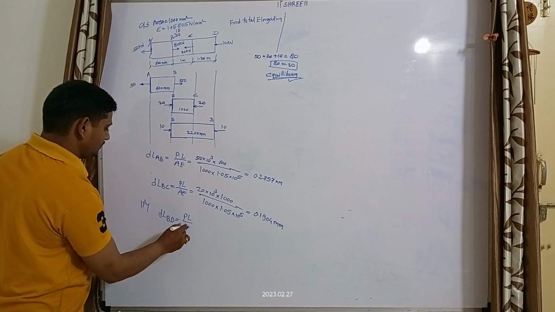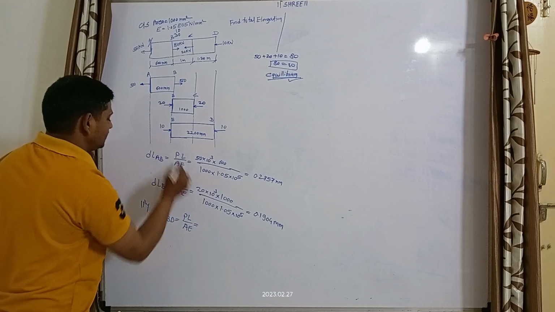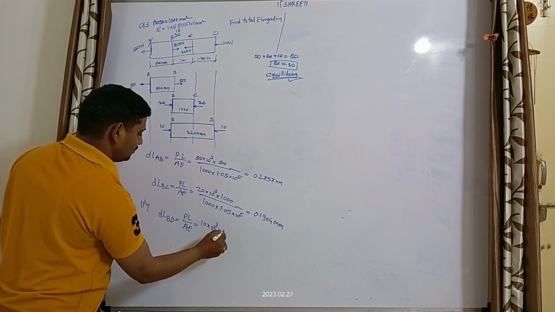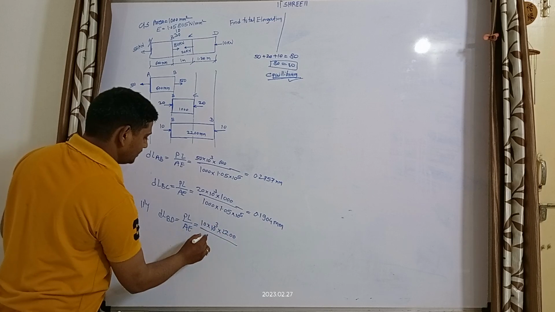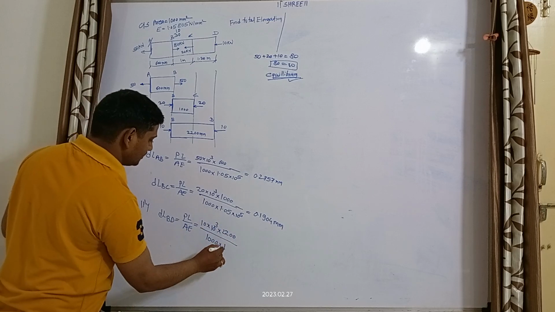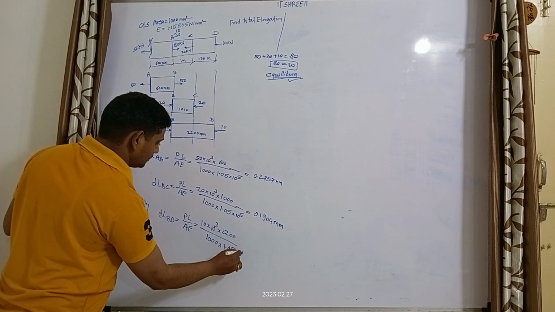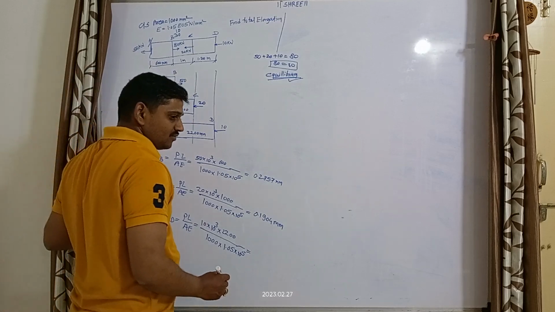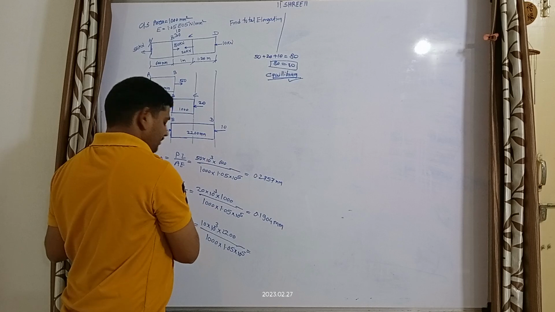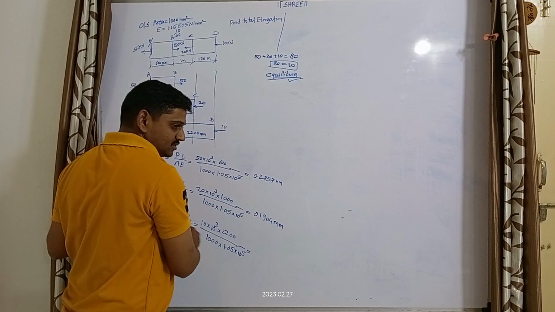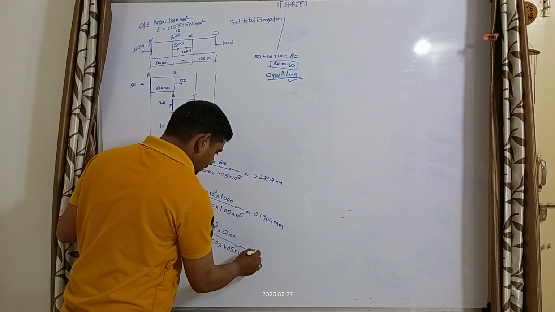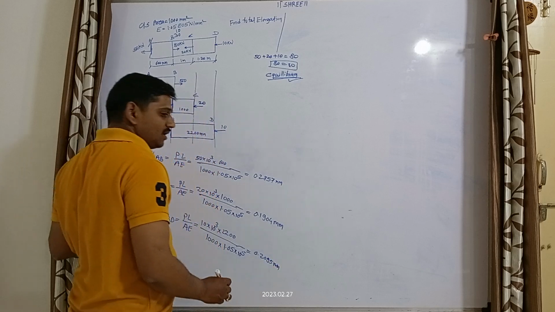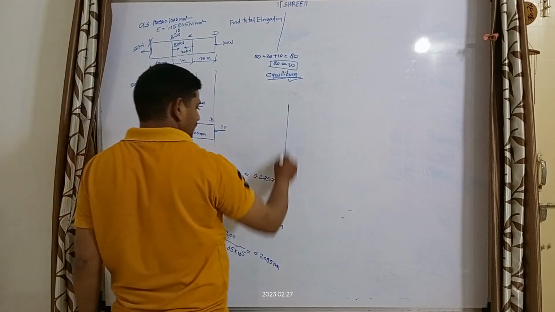PL by AE is equal to P is given as 10 kilonewton, L is given as 2200 divided by area is given as 1000 and E is given as 1.05 into 10 raised to 5. By calculating this, we get the value of change in length for BD section, which is 0.2095 mm, and last step is to find the total elongation,